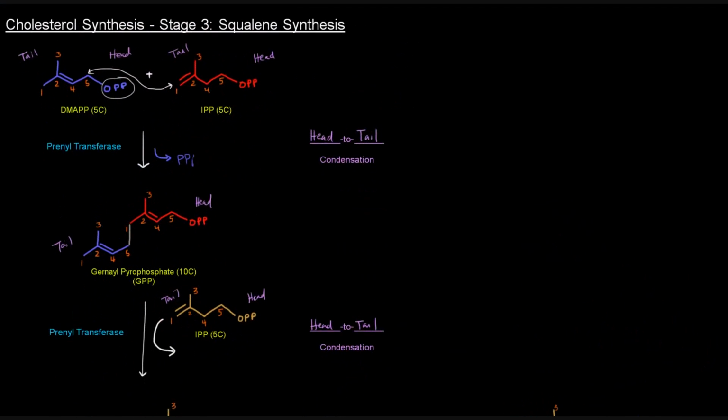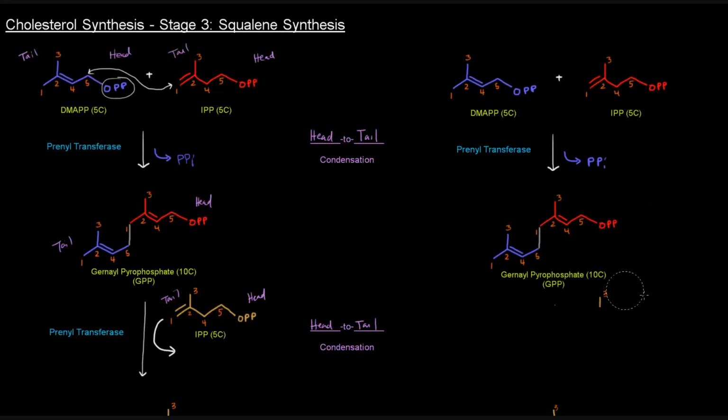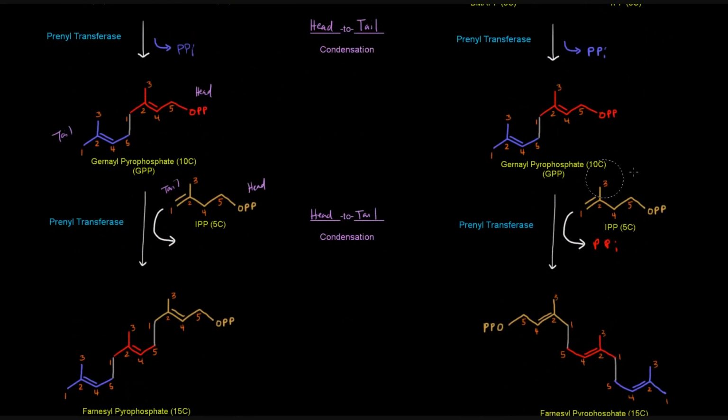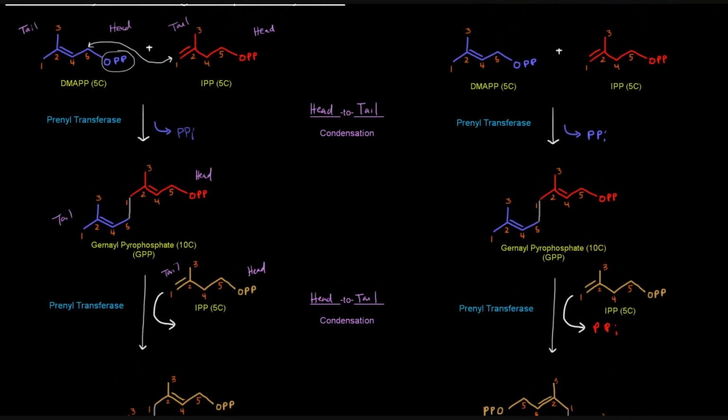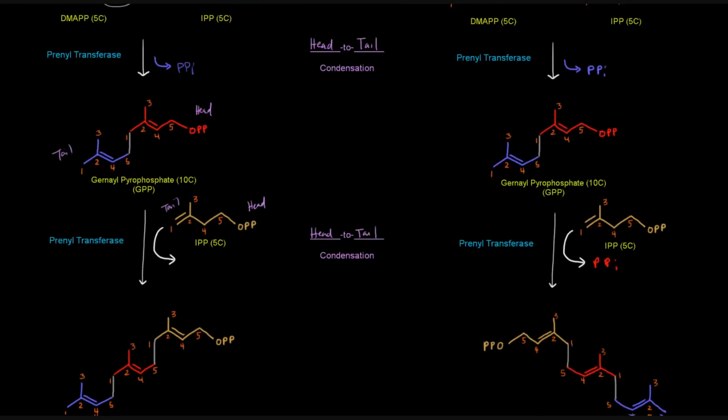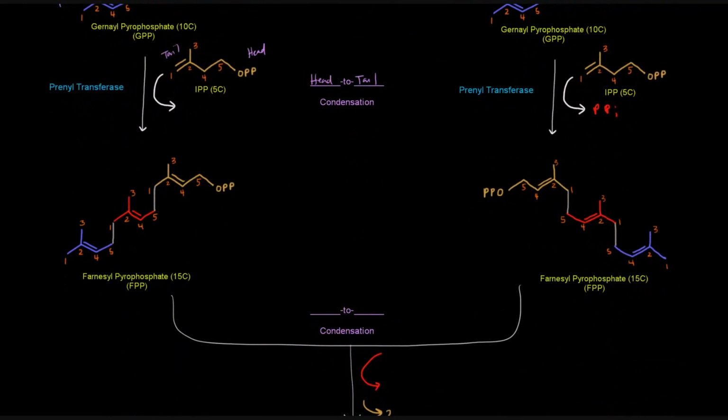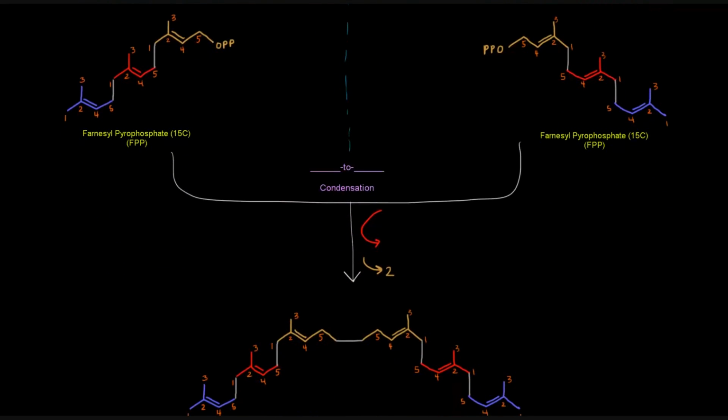So if I erase here to reveal what's going on over here, I basically have the same exact reactions shown here that give this other FPP. And I've drawn this other FPP to mirror the other one here. If we put a mirror in between them, just like right here, they're just mirror images of each other, reflections. So we're going to take these two 15 carbon units and link them together to make squalene